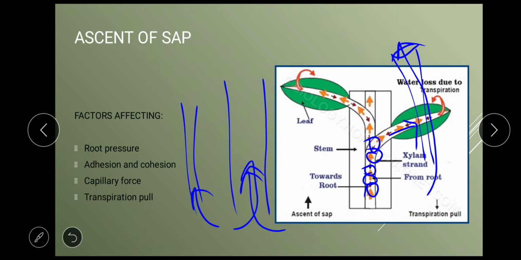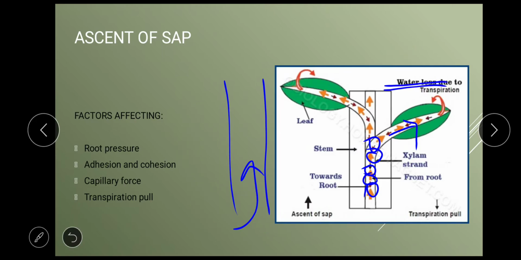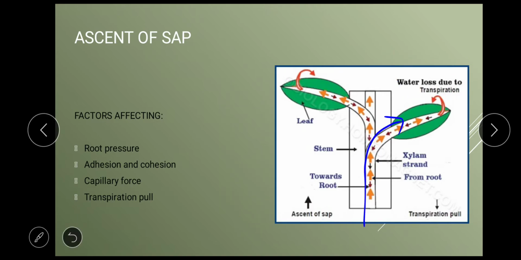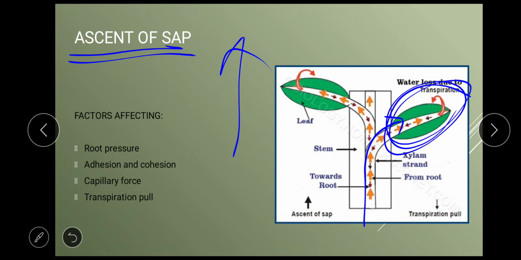Next is transpiration pull. Okay, transpiration means loss of water by evaporation. Okay, so see, water gets lost due to evaporation. So if water is lost, more water is demanded. So from where will the more water come? It will come from here. Okay, so see what we are studying, ascent of sap. Ascent means, why is water going up? Because there is loss of water here. Water is getting lost here. That is why more water is demanded, so more water will travel up. That is called ascent of sap. Okay.